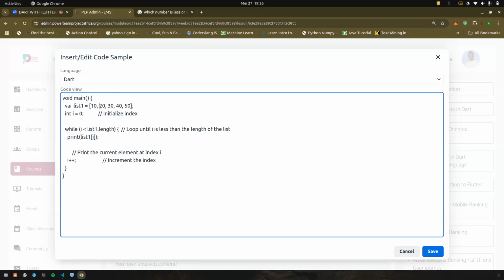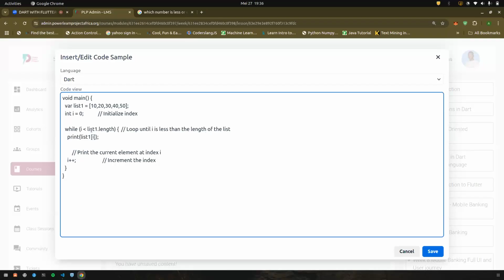Assuming we don't have spaces, because spaces also count like characters. So 0, 1, 2, 3, 4. While I is less than the list one length, basically we're looping until it's no longer less than the length of the list. Then we print list one,